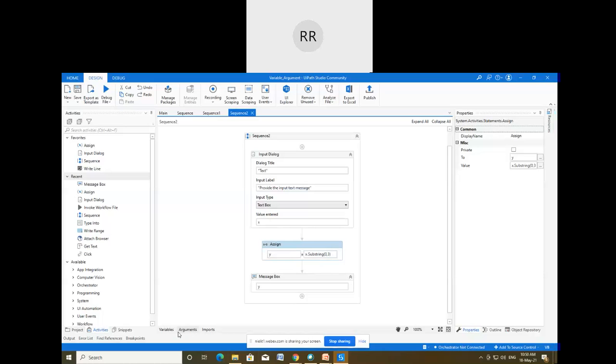Sir, whenever I debug my file or run my file, I get a message, use interactive login. What are you getting? Use interactive login. That may be due to some error in uploading this exe file. Whether you have properly downloaded that from UiPath Studio and that you have provided the correct email ID, your proper correct email ID.